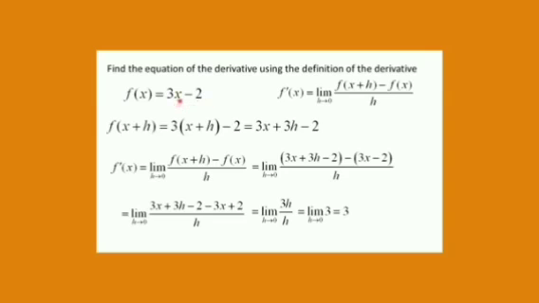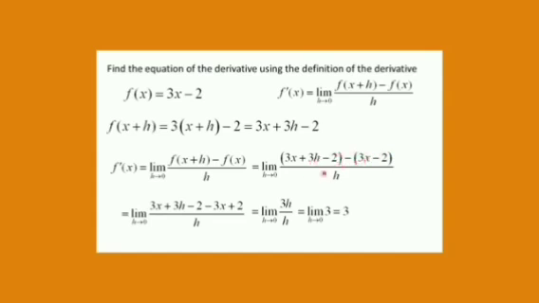Now in place of x, I take x plus h, because this is my definition. The derivative, which is written as dy by dx, can be written as f dash x, which equals the limit h tends to 0 of f of x plus h minus f of x divided by h. This is by definition. So if in place of x I take the value x plus h, then I can find the value of f of x plus h, and I get 3x plus 3h minus 2. And if I take the limit h tends to 0, by definition I put the values of f of x plus h and f of x, which is 3x minus 2.